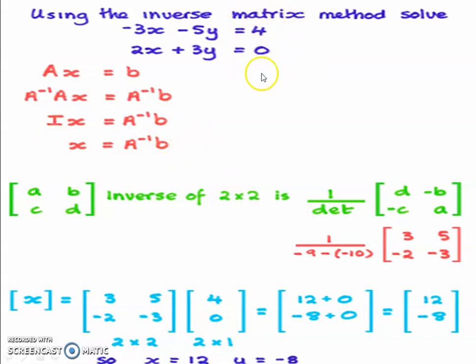Here B is considered as what? The constant available on the right hand side always. So in this way we have to solve. But I give the pattern again. A, B, C, D. The inverse of a 2 by 2 is 1 upon determinant. We have to know the adjoint of this A, B, C, D is what? We have to interchange A and D, and change the signs of B and C: D, minus B, minus C, A.